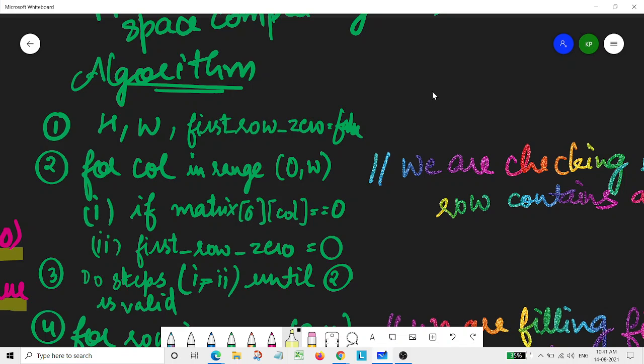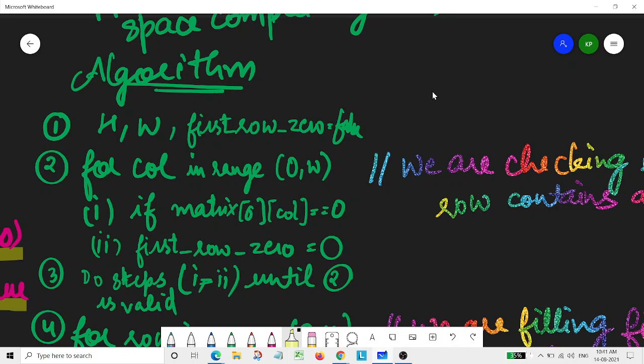And then next, what we are doing is marking all the columns which are 0 in the first row. Basically, our first row is acting as a storage point where we are marking all the columns which are 0, so that after that we could check if in our first row there was 0 for that corresponding column, then we will simply mark that particular column as 0.